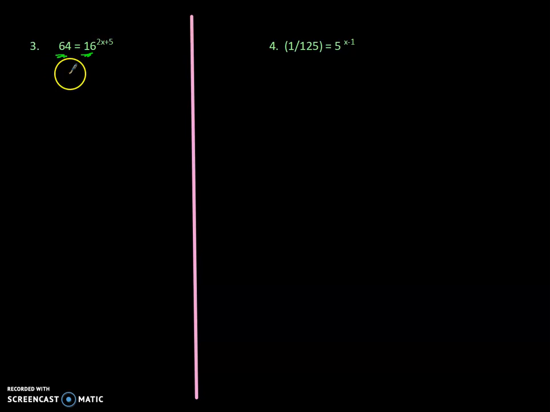So in this case, if I test out 2, well, 2 to the fourth power does give me 16. So I'm going to change 16 to 2 to the fourth power. It already has an exponent now of 2x plus 5. So I'm going to bring down that exponent, which is an expression, notice the plus sign. So I'm bringing it down in parentheses. The reason why I'm choosing a base of 2 is because if I test out 2 to the fifth power, that doesn't give me 64, but 2 to the sixth power does. So if I try out 2 to the sixth power, that will give me 64,